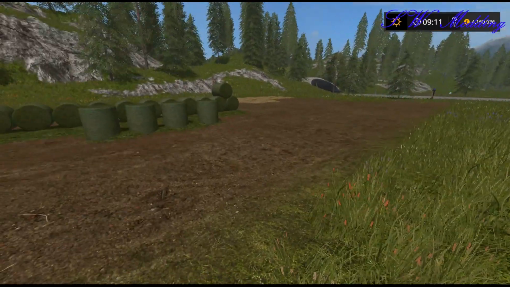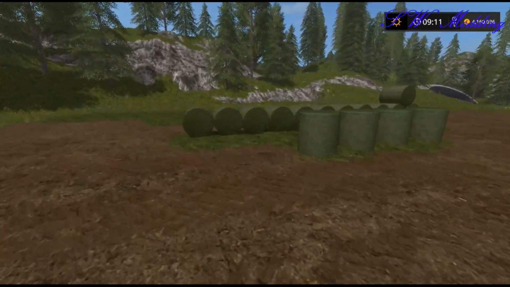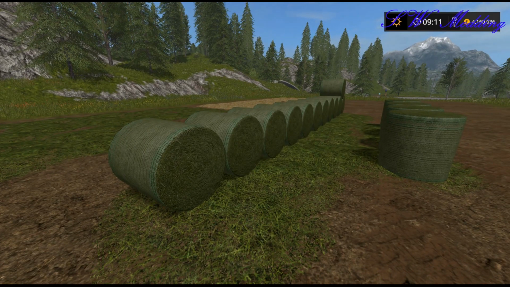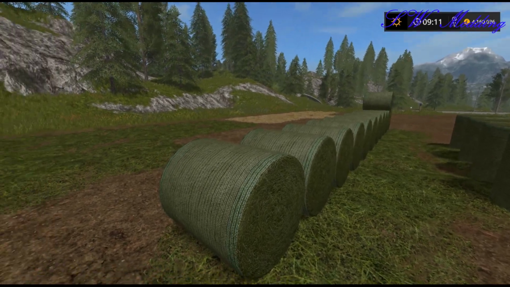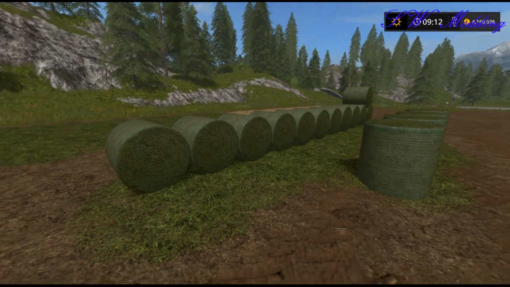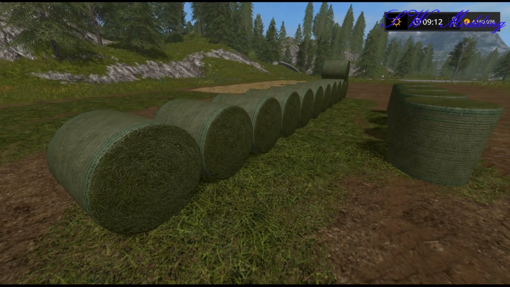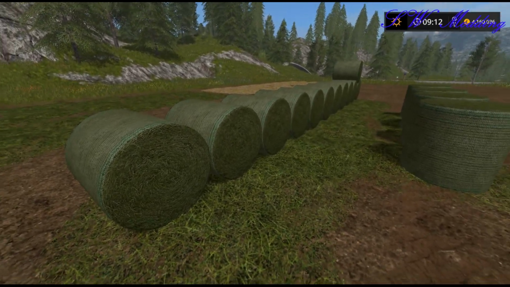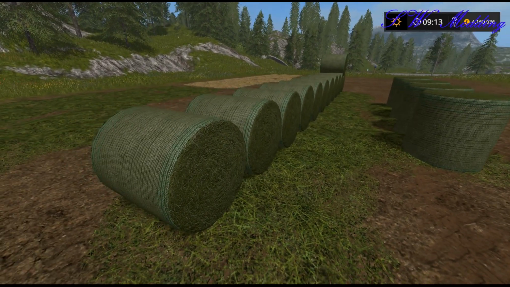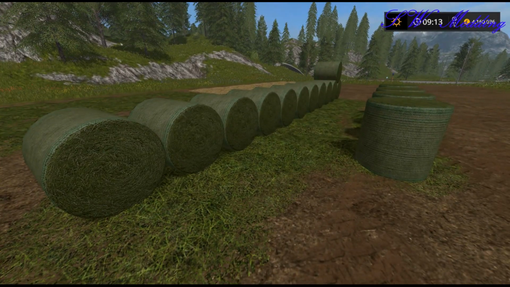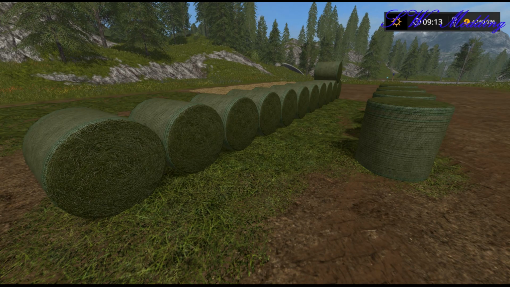So yeah, modifying the grass bale stack for round bales with changing the look of the actual bale that's in the mod itself, the visuals. Also applying some extra user attributes, so only the appropriate size bale will be accepted by the mod itself. So you won't be able to put 155 or 180 bales in this mod, and vice versa. I wouldn't be able to put a 110 bale in a 155 mod, theoretically. I've not tested that. That's something you guys will have to have a bit of a play around with, but